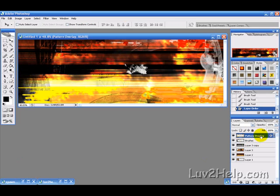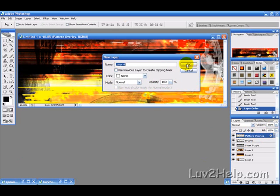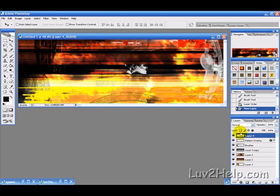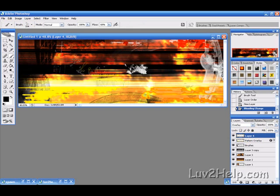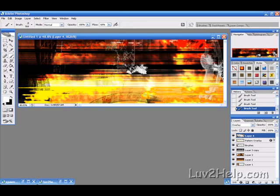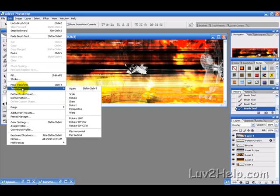Then what we want to do is create a new layer above the pattern overlay, and just set the blending mode to overlay, and then just paint with your grunge brushes some more randomly, just with the black and the white. Okay, so once you've done some more brushing, what we want to do next is paste your original picture